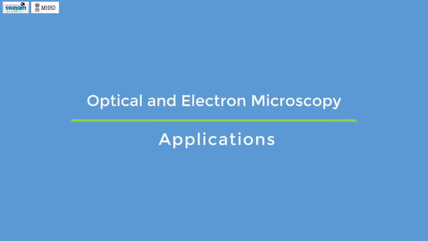Applications of optical and electron microscopy techniques. As I mentioned in the early part of my discussion, the major purpose of any microscopy technique is to image small objects on a surface that we cannot see with our naked eye. The sample preparation differs from one microscopy technique to another. Let me discuss a few specific applications of microscopy techniques in characterizing biomass samples.